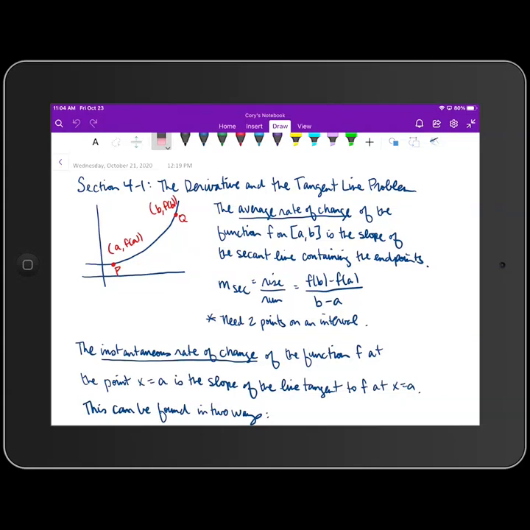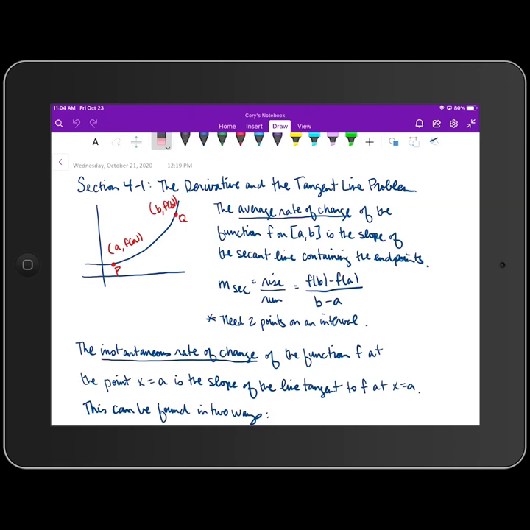All right, so we're going to go ahead and start chapter 4, which is going to deal with some rules that we have for taking the derivative of a function. And derivatives are super, super important in calculus. Not only are we going to talk about how to take the derivative of a function, but we'll also look at what the derivative tells us, and then how we can use derivatives to determine some important things regarding